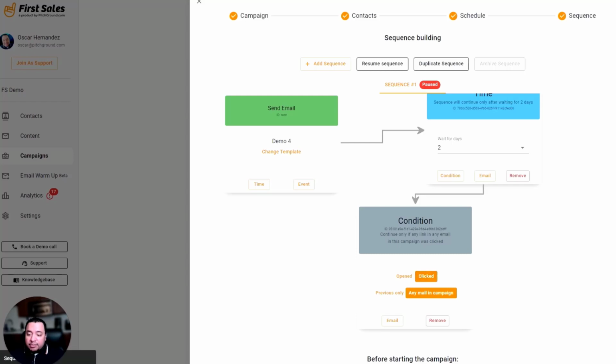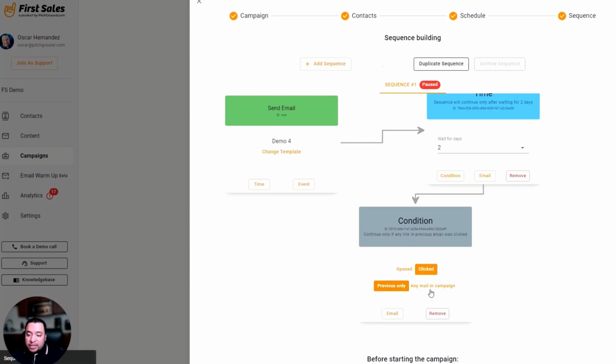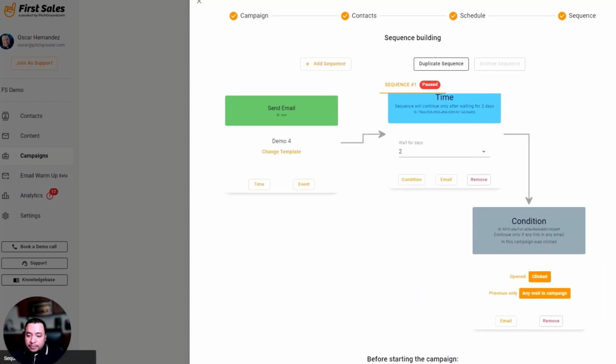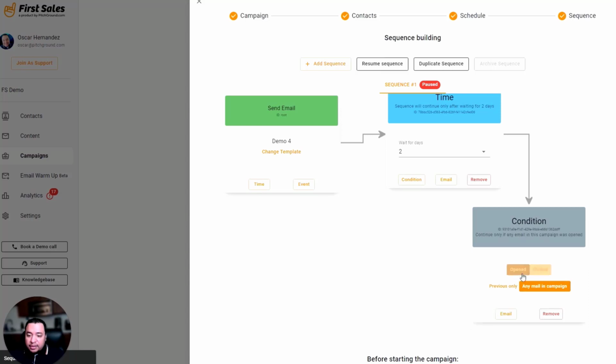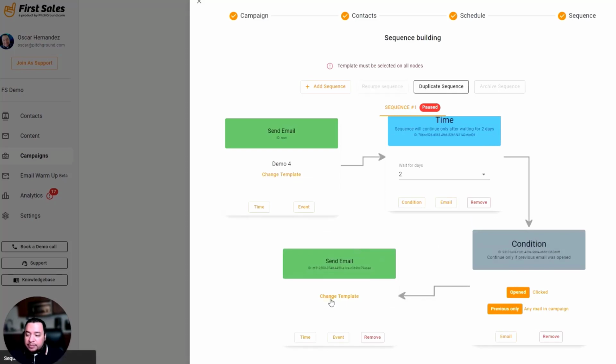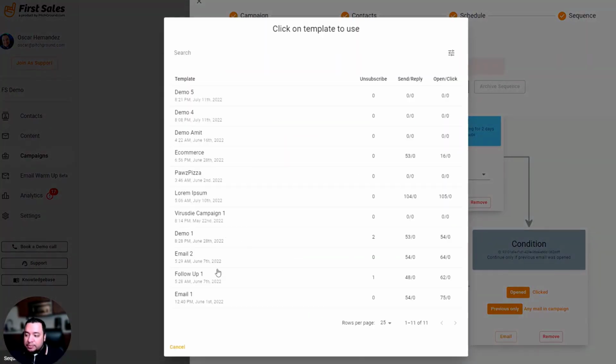If either the email was open or clicked, or if there was any previous email or something like that. So you're going to give this condition right here. We're going to say if they opened the previous email, and then you're going to send them, just as an example,